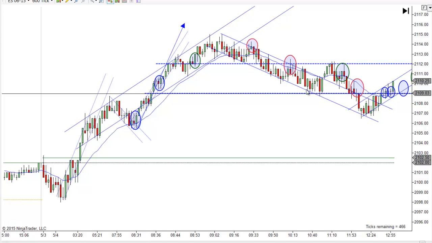And by the time you get in here, kind of the same thing as before, you're down here right into this little previous area over here. There's a good chance it could bounce on you, and so you just kind of got to wait. It was really tempting to go long here because that's a little trading range and a little failed break lower, but you got to go long right at the high of it, and there's no break of this channel yet. So I think you just got to wait,